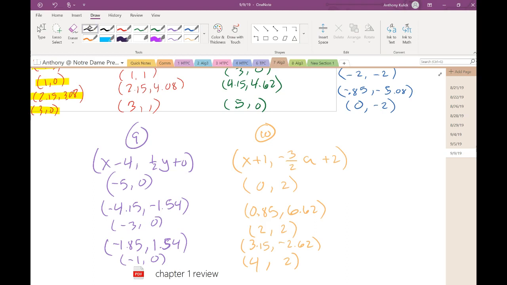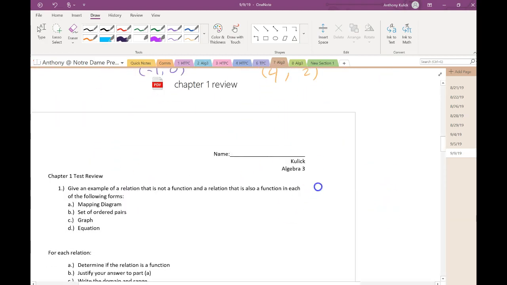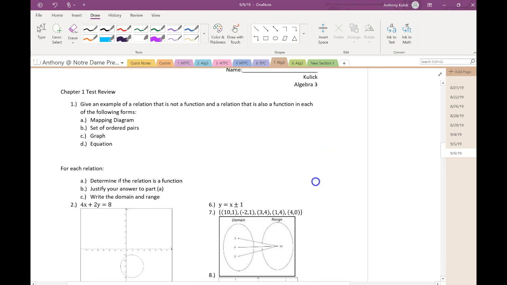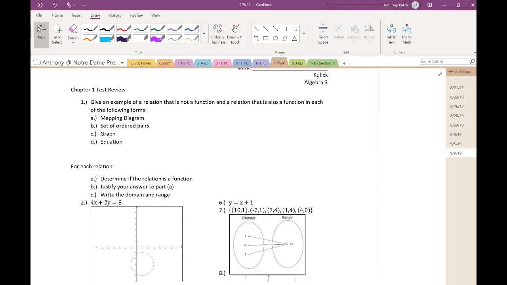Any final questions on this transformation sheet? Okay. For the review,